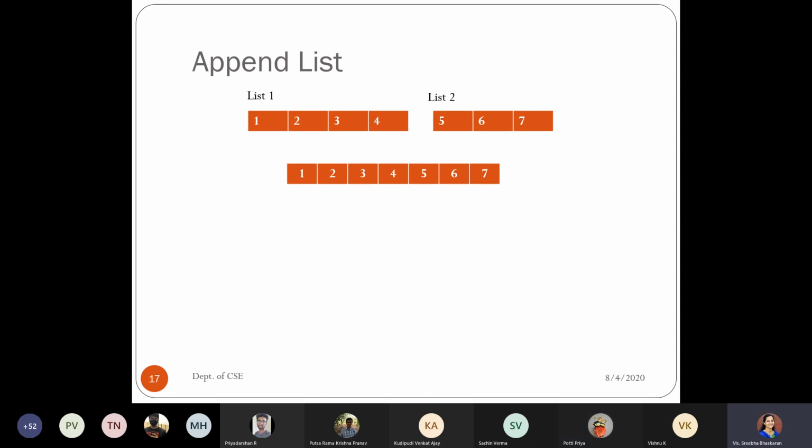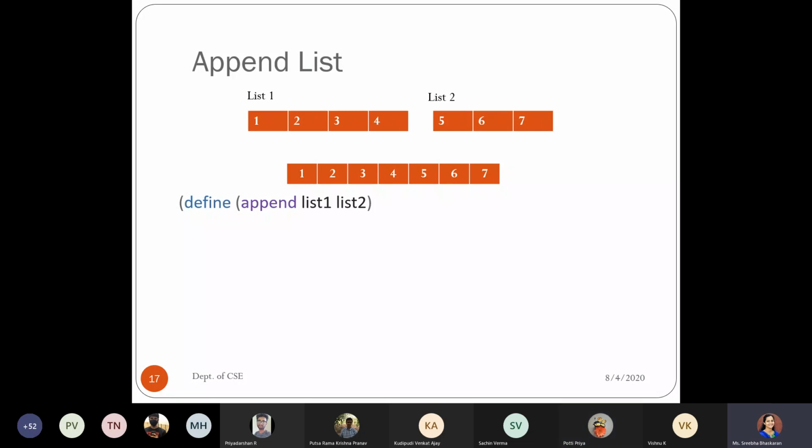Okay. So let's start doing it. First I have defined the procedure append. Only two arguments are required because list 1 and list 2, only two lists I am going to append. Okay. Now what should be the condition? Based on whatever you have said, what should be the condition? Till it reaches the end of list 1, is what? First we need to traverse till that. Okay. Then we can have another.